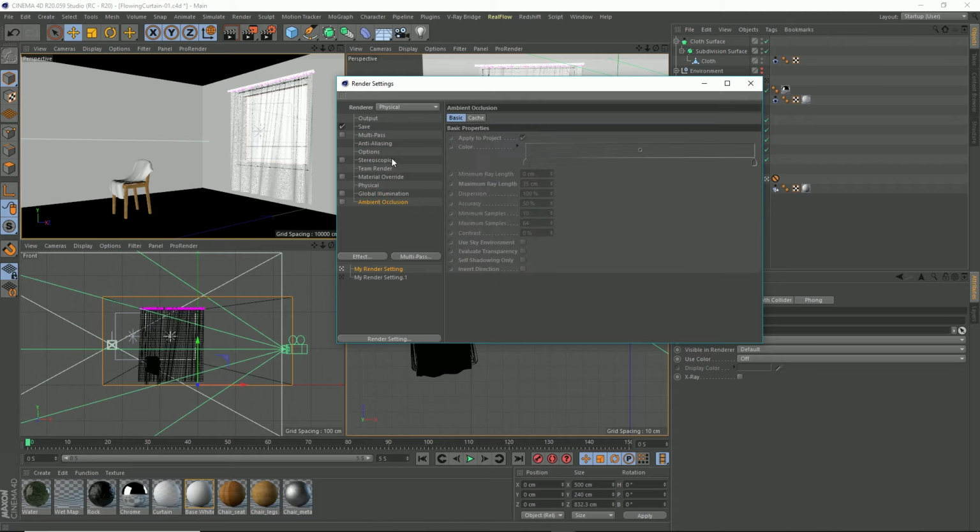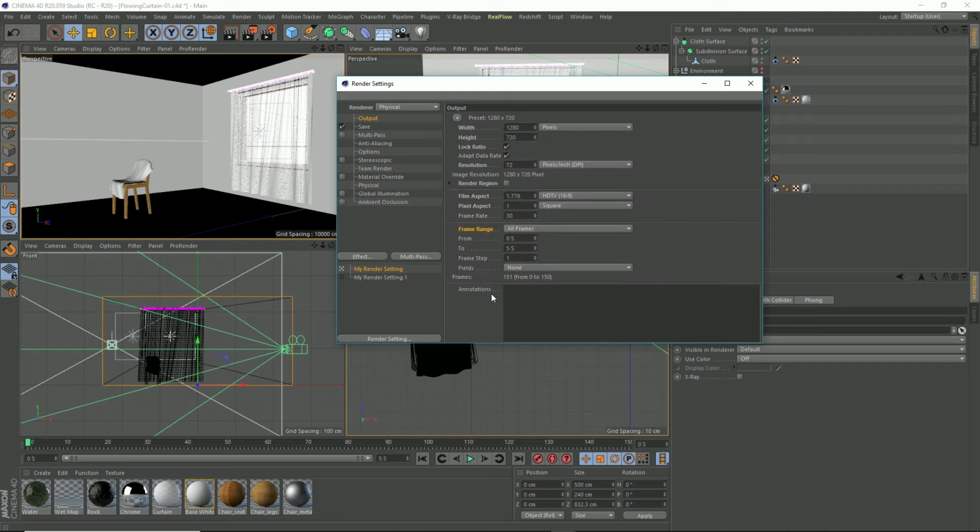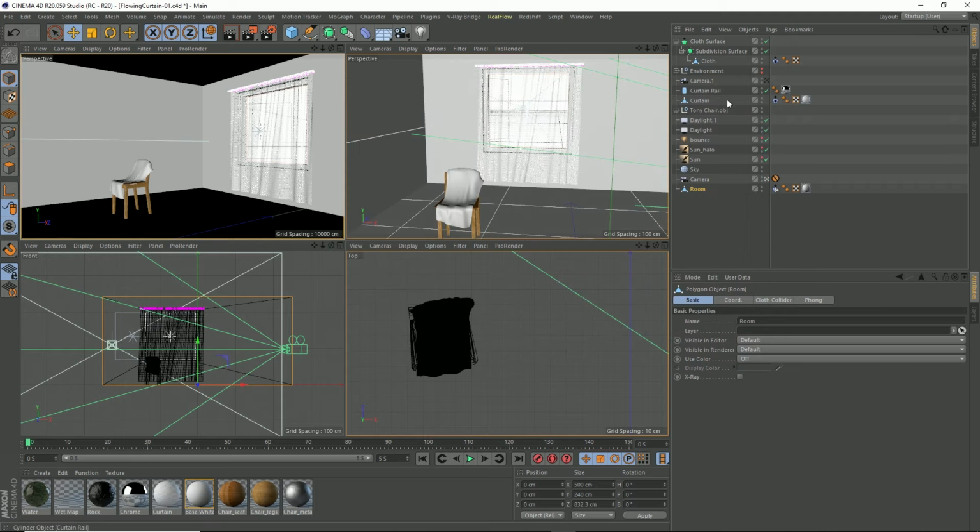So this should be what your settings look like. If I go to physical, it's the exact same as before, except yours might be at 20%. That's totally fine. Just have it the exact same as before. Adaptive, automatic. Make sure it's set to all frames though. That's the important thing. So that's pretty much it. And now if you hit render, which is this button here in the middle,